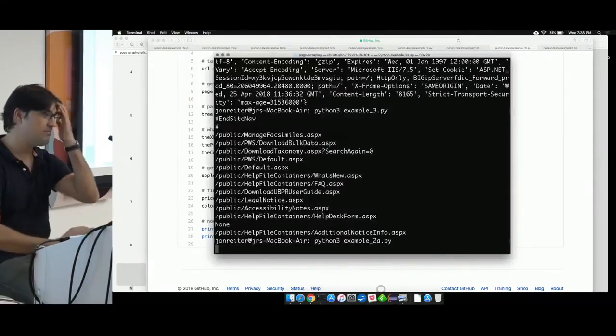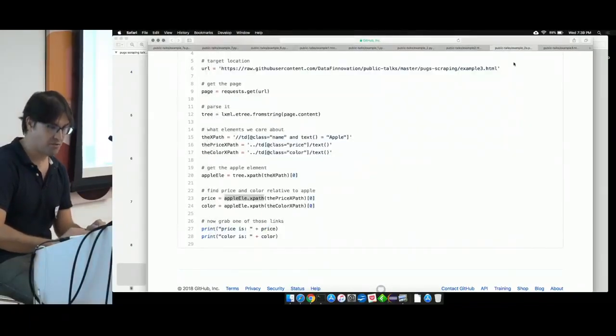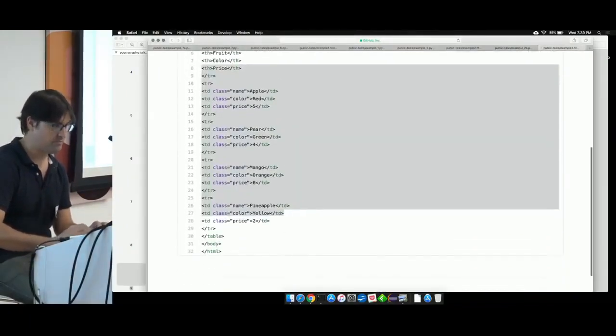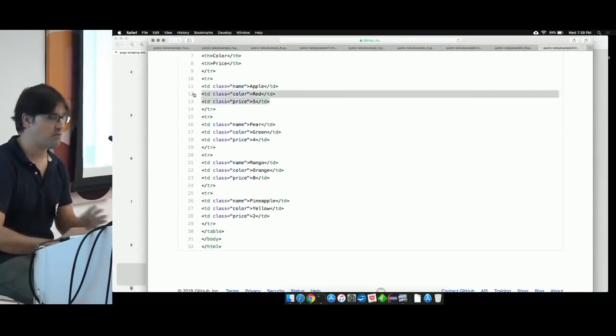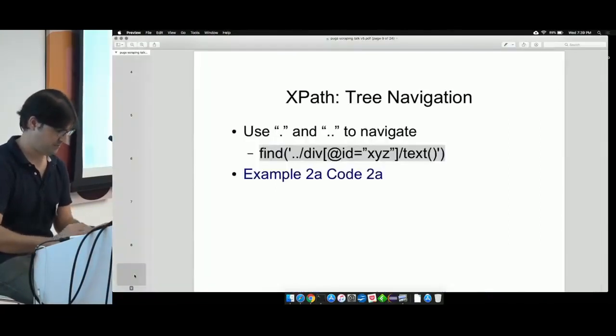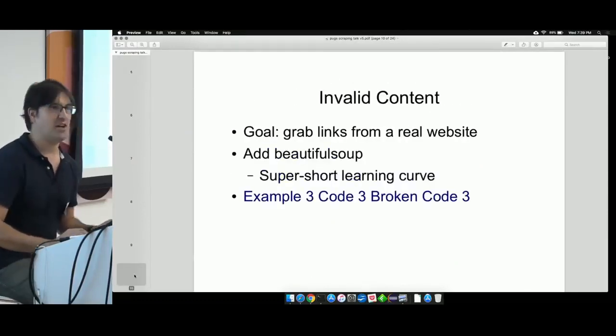And it's going to print out the color and the price from our table here. So that was apple, red, 5. Relatively straightforward navigation. Okay, now we move on to real web pages, which are not things I wrote and posted to